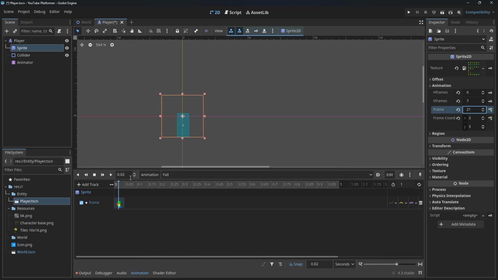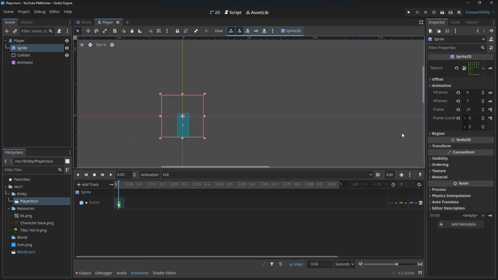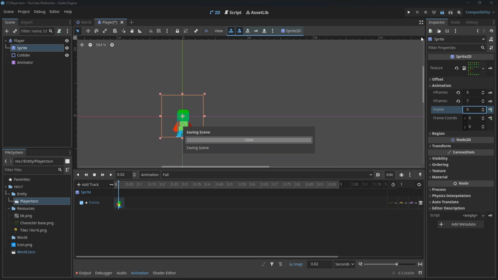And there we have it. All of our animations are now set and ready to go. So let's save our scene. Now that we have all of our animations set, we're going to see this is going to disappear because our frame over here was on an empty frame, but now we're on frame 0, so our character will be there. And if we run the scene,